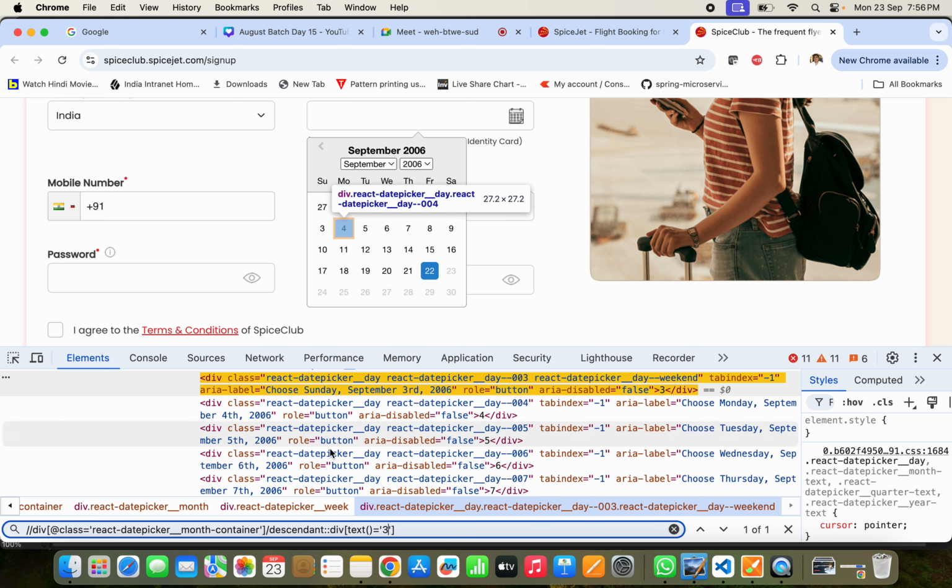Div text 3. Directly we have written the main thing, the whole grandparent, and we are coming directly to 3 using descendant. Okay? So let me take this